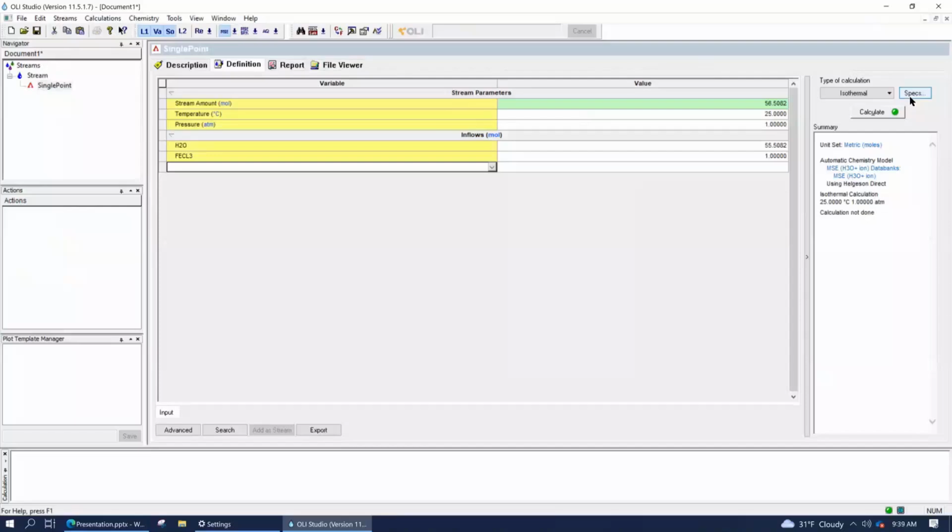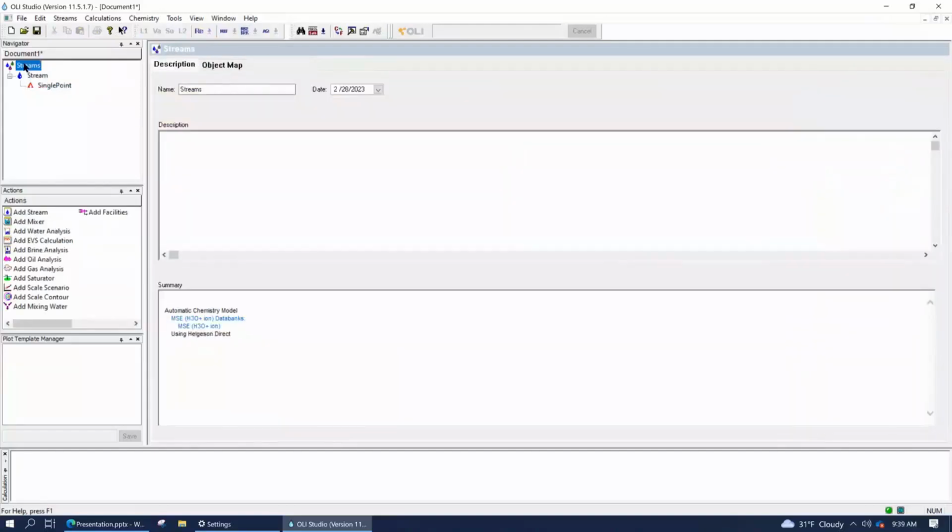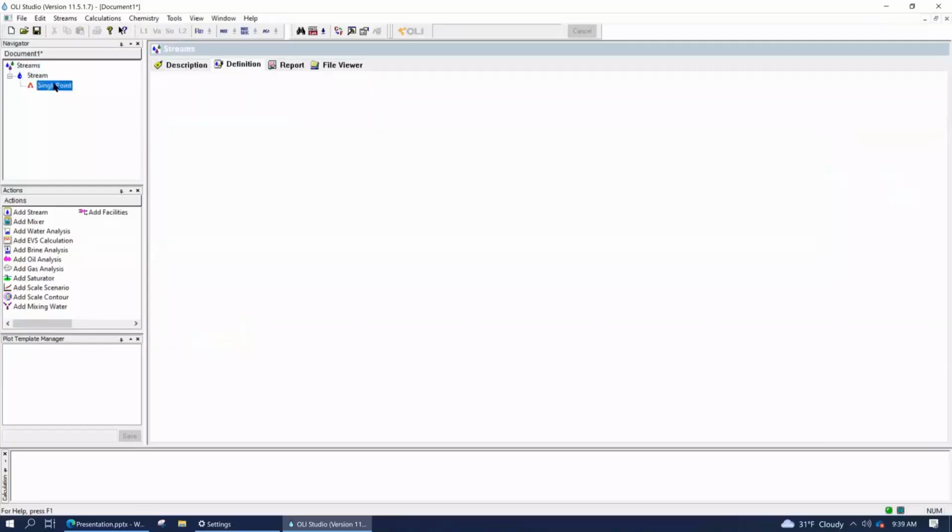Right? Now, what's happened is a single point calculation has found itself underneath the stream that you created. And that stream is underneath the global stream of the file. So you can see a hierarchy developing here. The cool thing about that is the software knows to pass information from the higher level to the lower level.